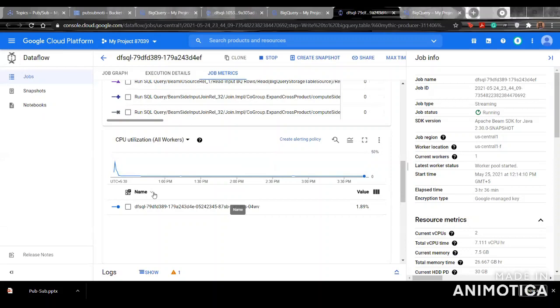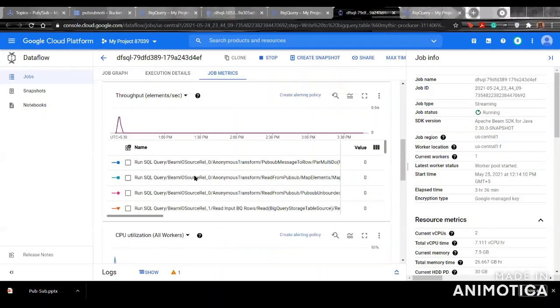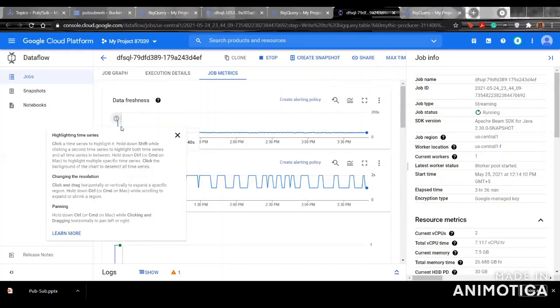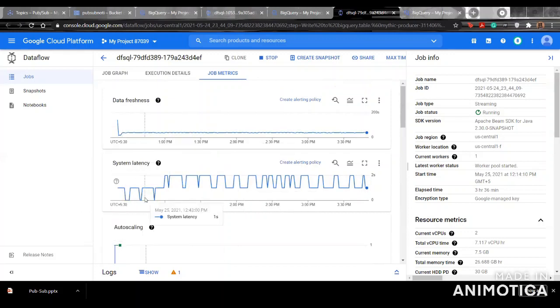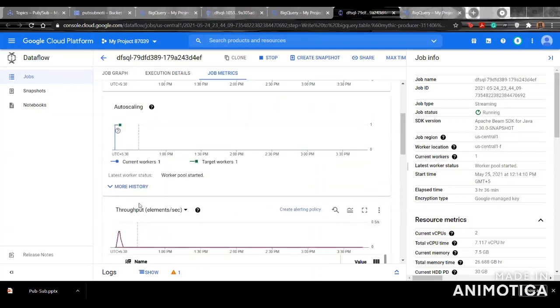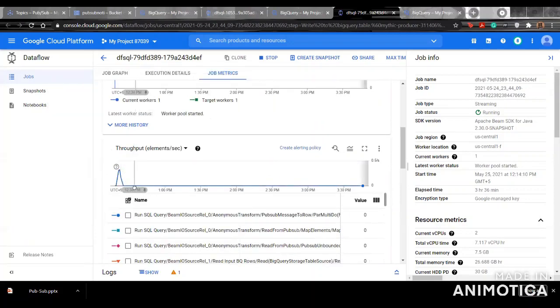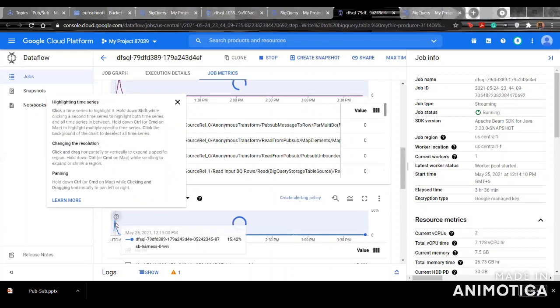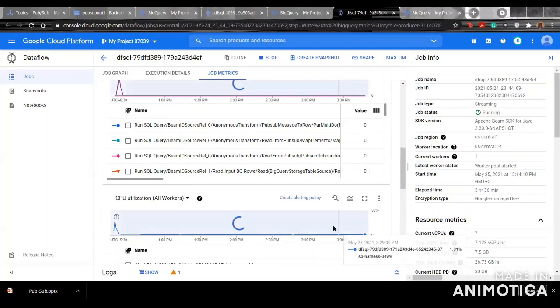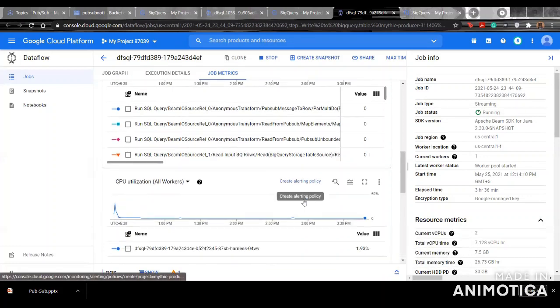Yeah. I'm so sorry. So this is the job metrics that you can view. Since we ran this in the afternoon, you can see that at that point there was data freshness, it was auto scaled, and there was throughput. The utilization of the CPU was high because the data was being streamed then. After that it's lower because no streaming is happening. Over here, you can also create alerting policies.